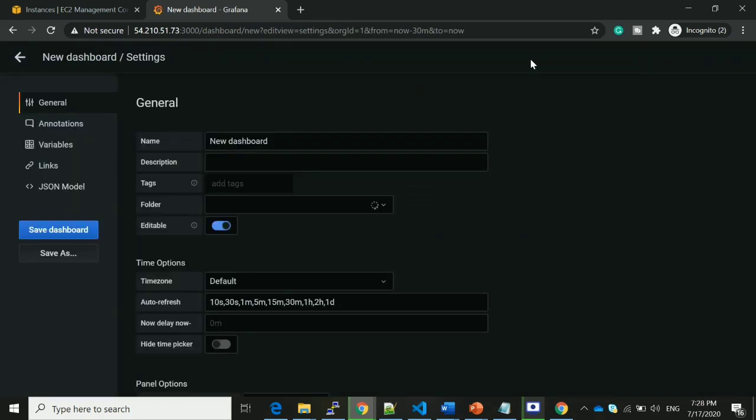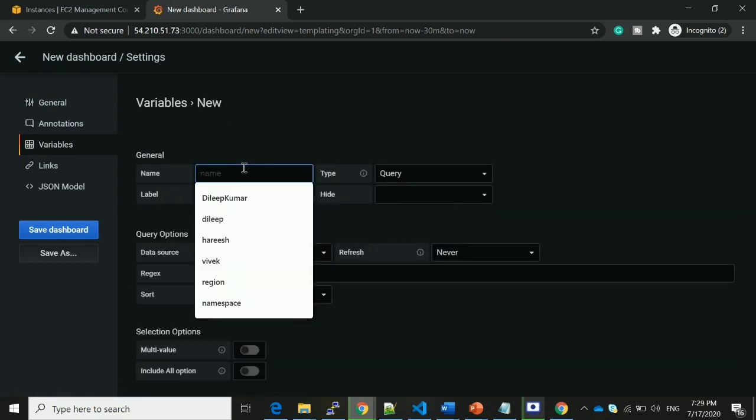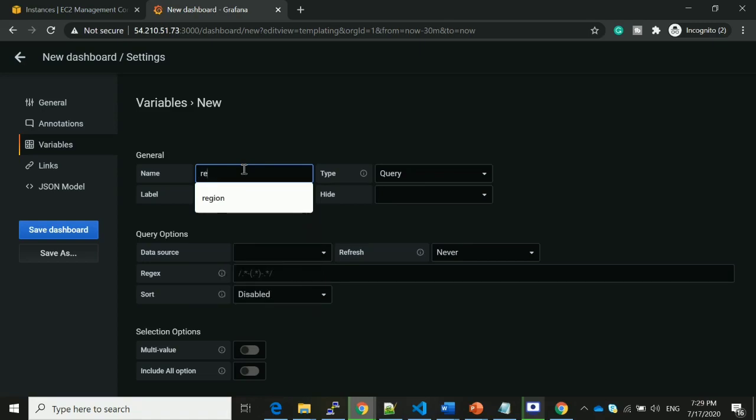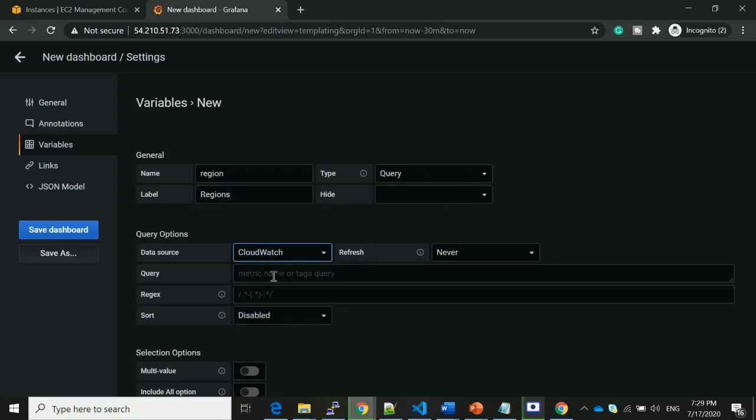For that you have to go to the settings section, click on the variables. Here we have to create the variables. Let me create the variable called region. I'm naming it as region and giving the label as regions, and I am selecting the data source as CloudWatch.